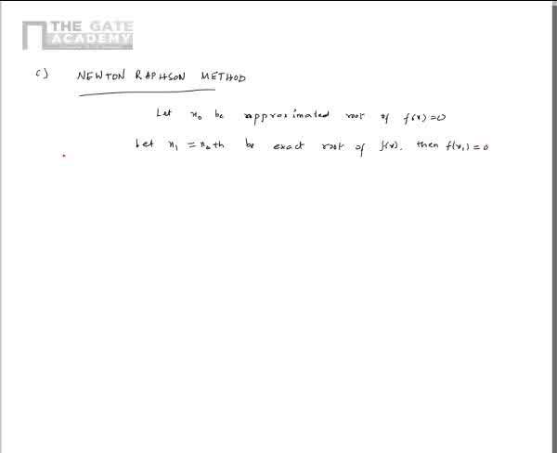Okay. Now we use Taylor series to expand. Okay, so we can expand f of x naught plus h. So expanding this, we can write f of x naught plus h f dash x naught plus h square by 2 factorial f double dash x naught plus so on. And this is 0, right? Because x naught plus h is the exact root. Now, since h is small,